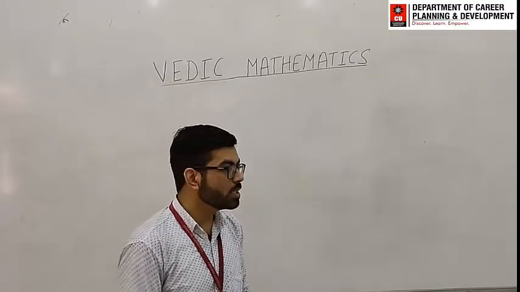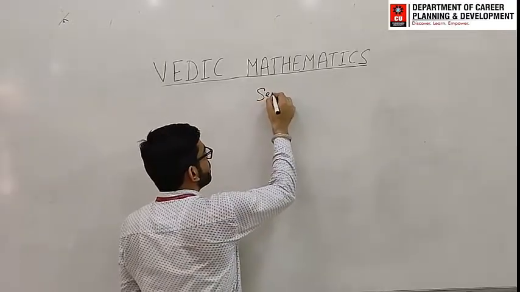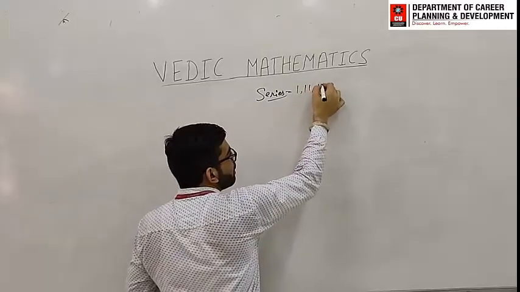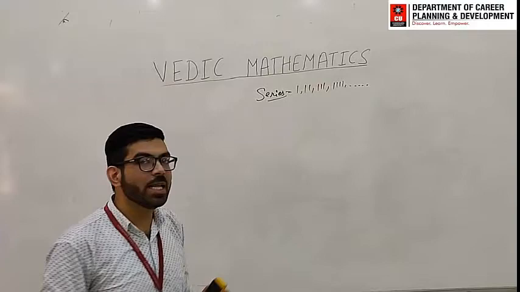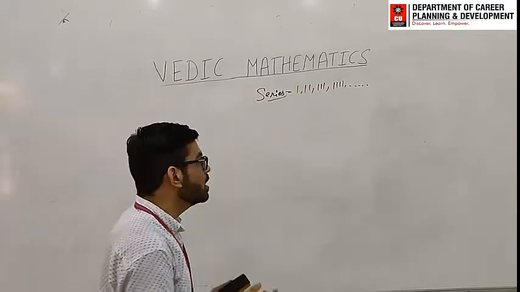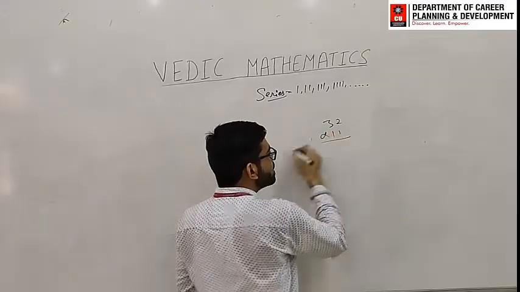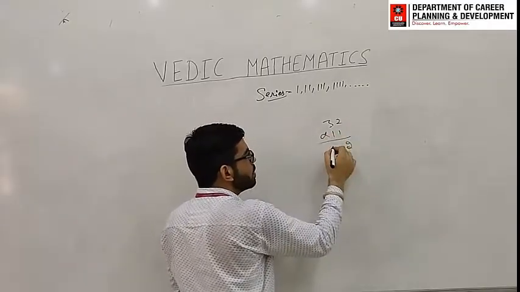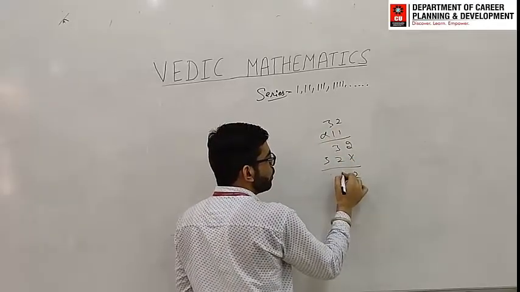Okay, so next we are going to discuss multiplication of the series of 1. Series of 1 means 1, 11 and so on. So how will you multiply these numbers? What are the tricks? Just suppose a simple number 32. When you are multiplying this number by 11, what will be the result? 2 ones are 2. Next number 3, multiply again, 2, 3 and 2, 5, 3.